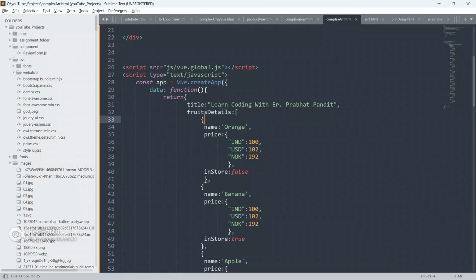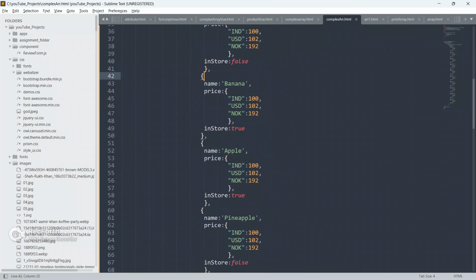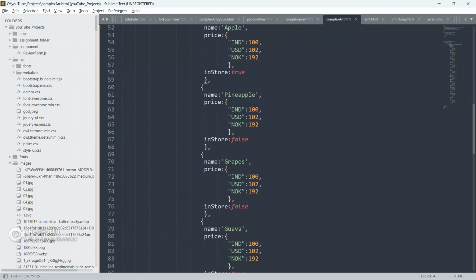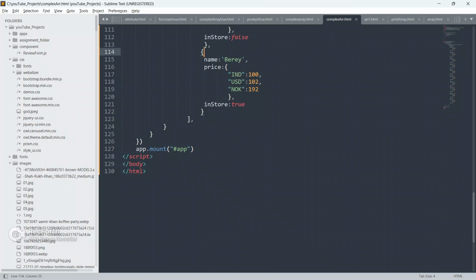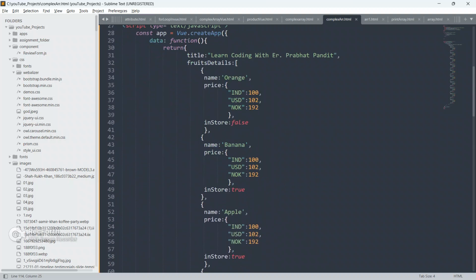This is the array of objects: this is the first object, this is the second object, this is the third object, this is the fourth object, and so on to the last. Let me explain. The array name is fruit details, and the name is orange.